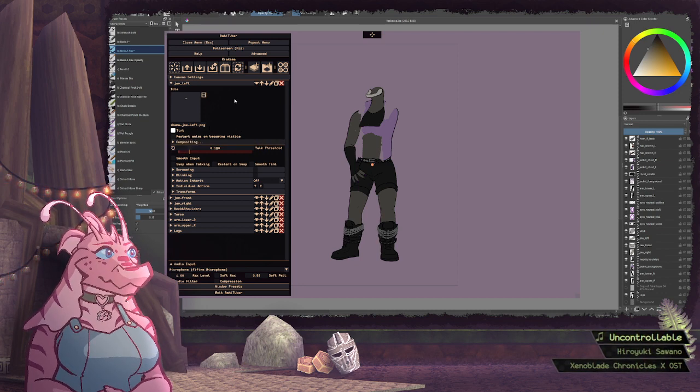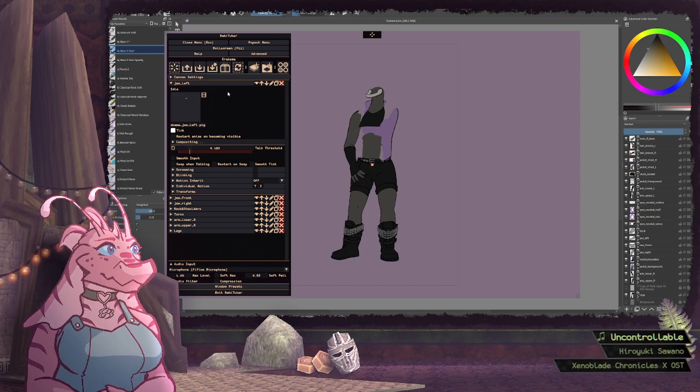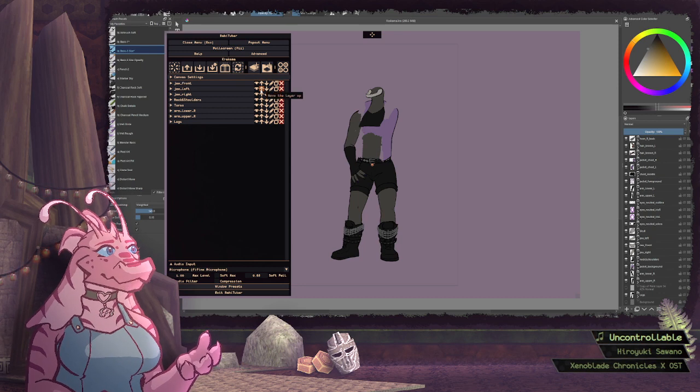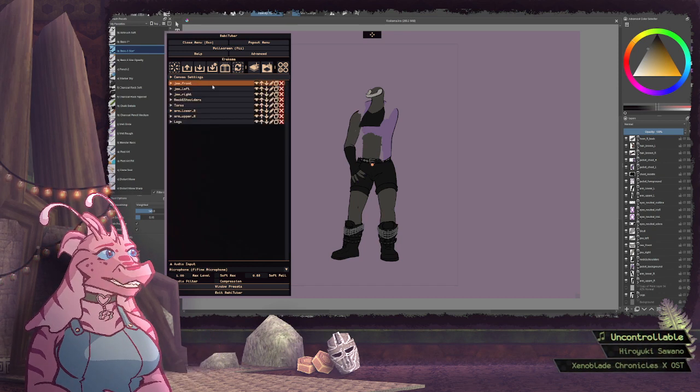So right, so I want jaw front on top of those. Yeah. Now, skull.